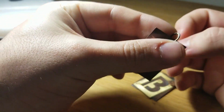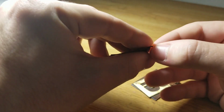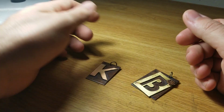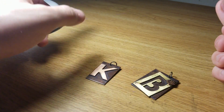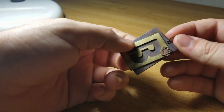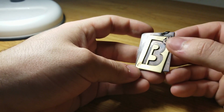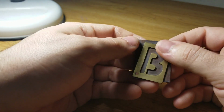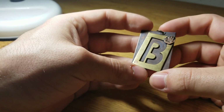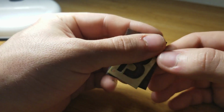Something similar I had to do with the ring. It's soldered together. This was a brass wire at one point. I also made a letter P because my initials are KVP, but I misplaced the P for the time being, but I'm not really proud of the P. This was a brass on copper piece. I think the only soldering I did on this one was on the ring here,